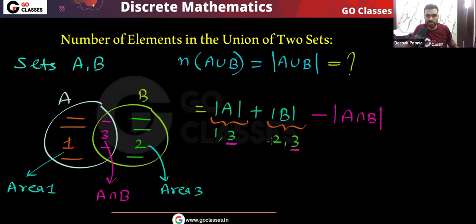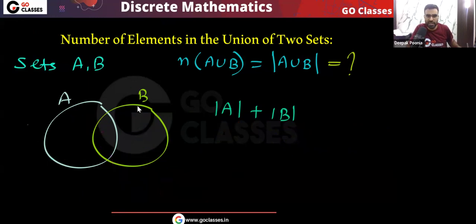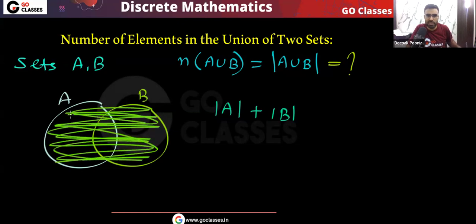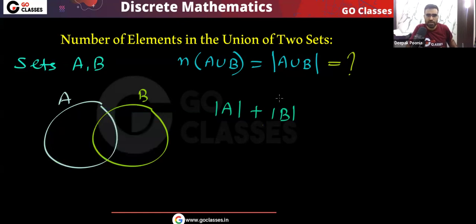Now we can understand this same formula in another way. So let me tell you, we have two sets A comma B. Now we want to find the number of elements in A union B, means basically the total number of elements in this area, this is what we want to find out. So if I write this equation, then what we have counted in this expression, you can see, is number of elements in A plus number of elements in B.